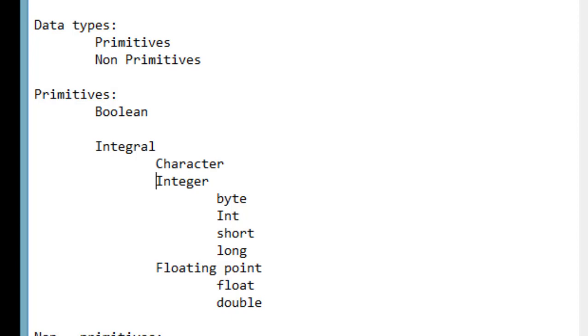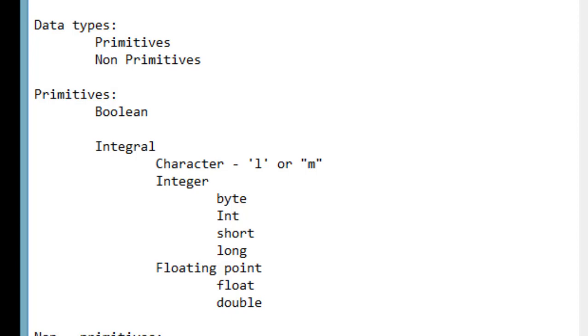While coming back to character, anything between a single or a double quote is a character. I can tell an alphabet is a character. So anything between a single quote or a double quote is a character, and it has a length of 1 byte. In Python, the advantage is you don't need to think about bytes or bits or any size of